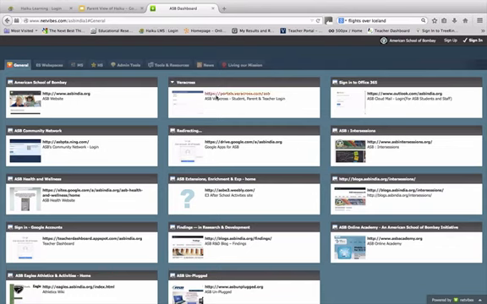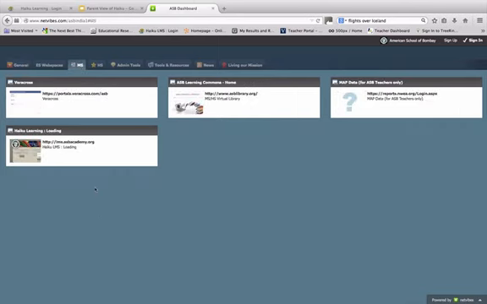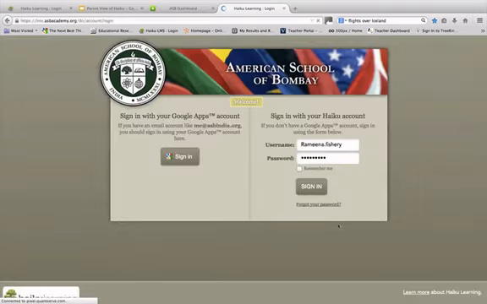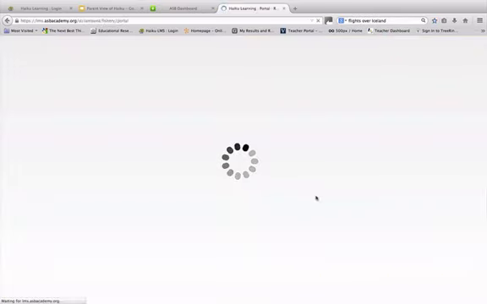As we do with all of our systems and platforms and tools at ASB, we start at the ASB dashboard and we navigate over to the MS for Middle School tab where we click, and that's where we will find the link to the Haiku Learning Management System. We will click on that link and it will take us to this sign-in area, and please use the right-hand side and enter your VeraCross username and password. Once you've entered it, you can sign in and you will come to the parent view of the portal area